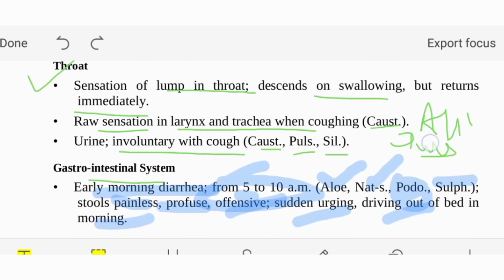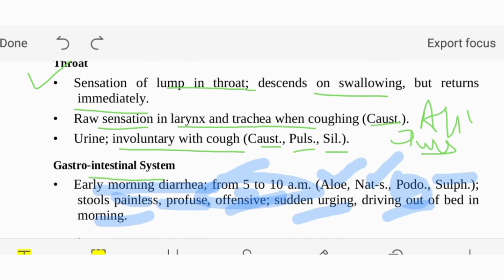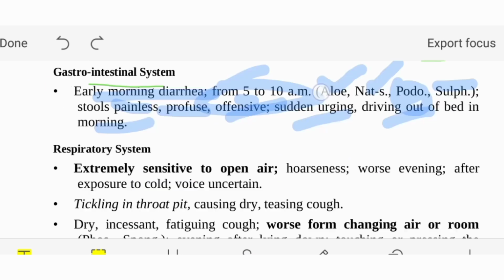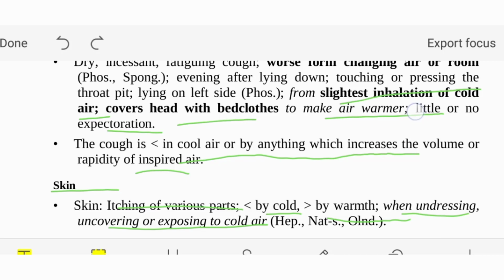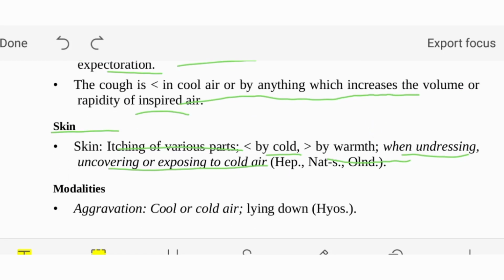Thank you. Rumex, always remember chilly patient, dry cough, skin itchy when undressing, and your raw sensation like causticum. Always remember causticum, pulsatilla, phosphorus in case of left-sided throat complaint and dry cough, you can remember the common drugs. Along with that you can remember evening hour like allium cepa, pulsatilla. There will be itchy like